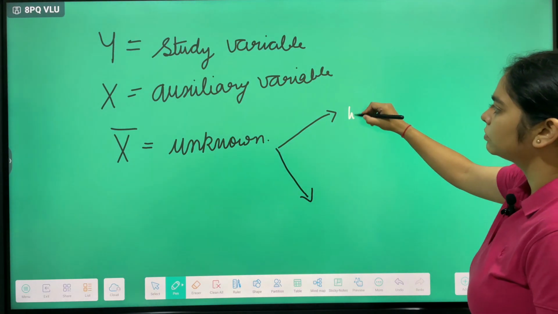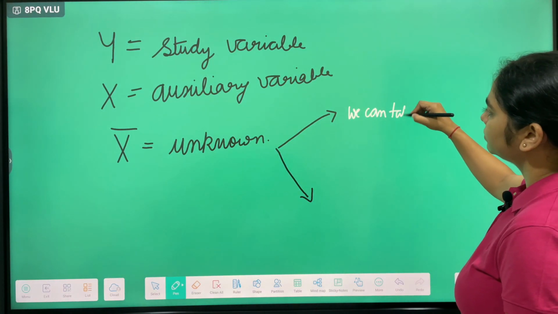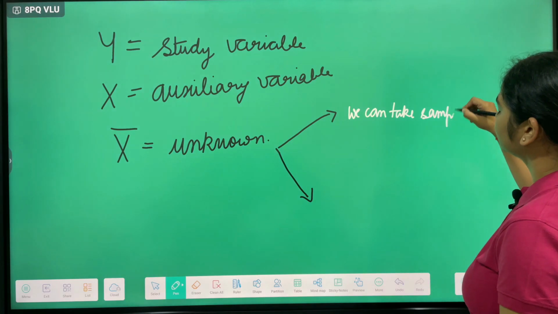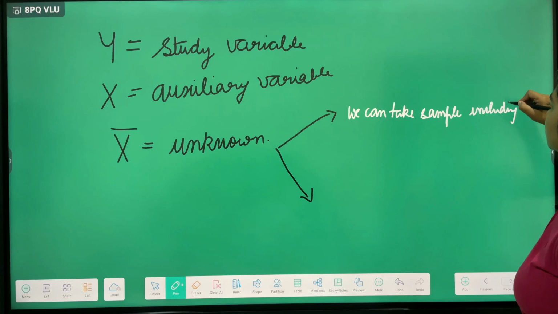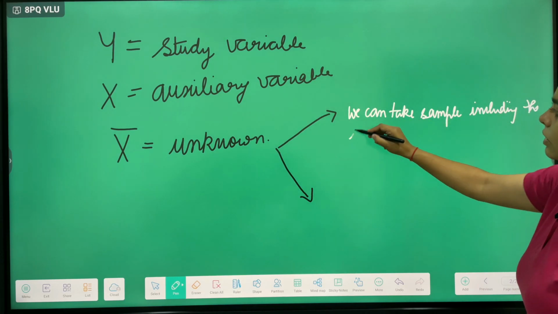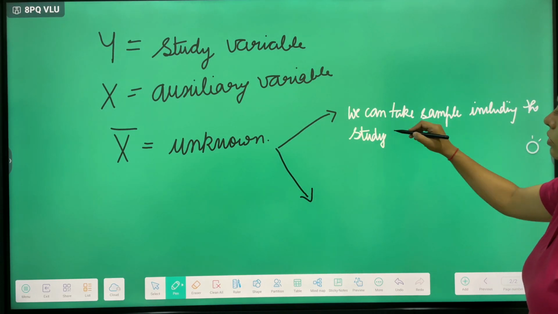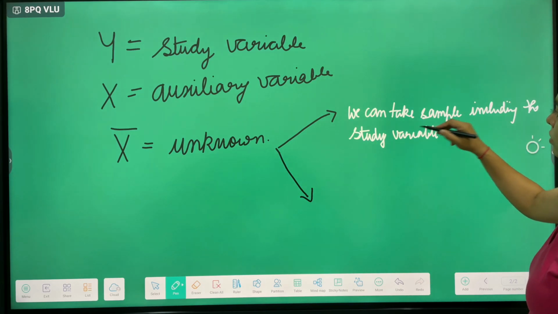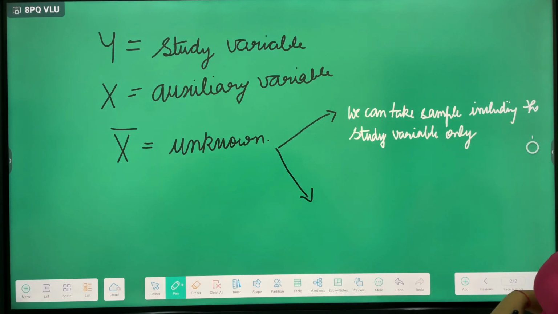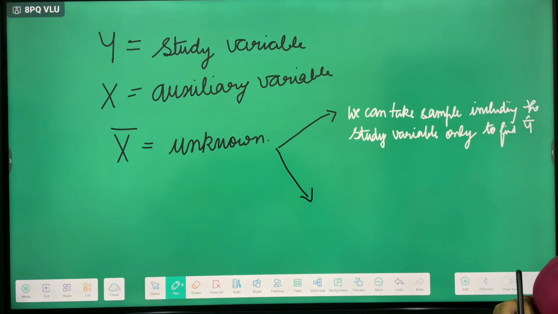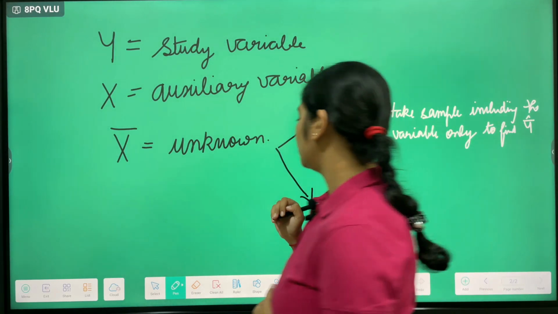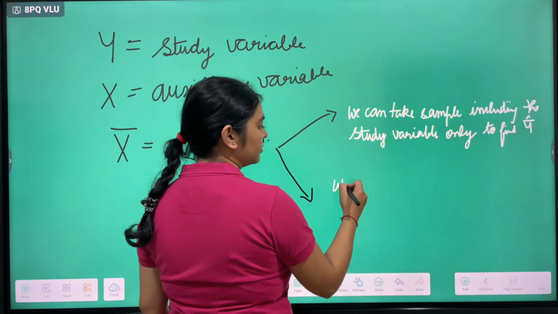Firstly, we can take a sample including the study variable only, so that we can find estimation of population mean. Or the second method,